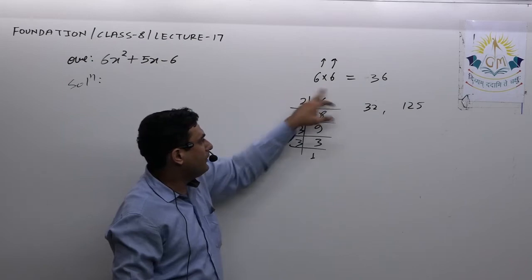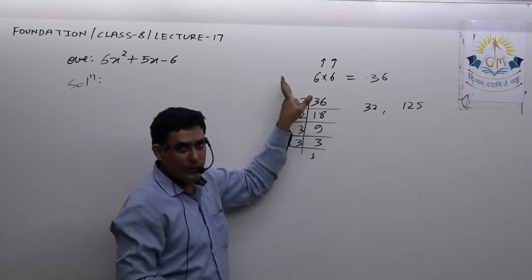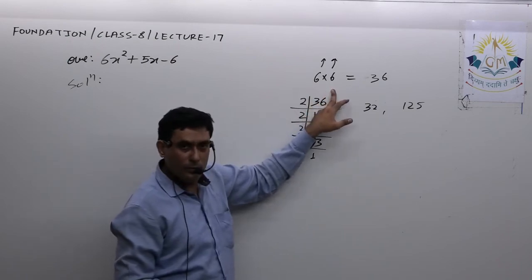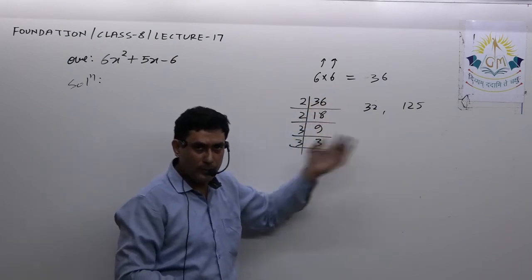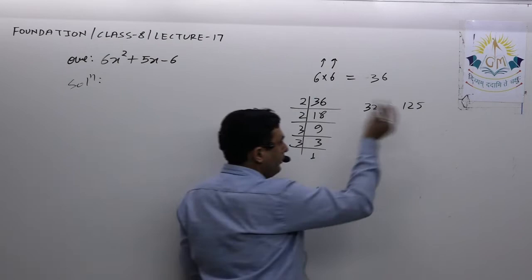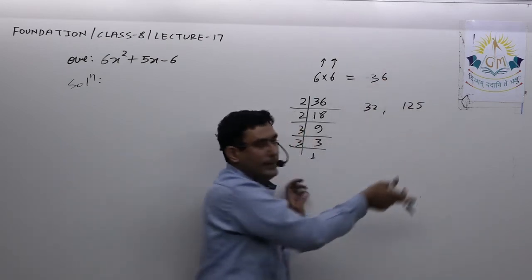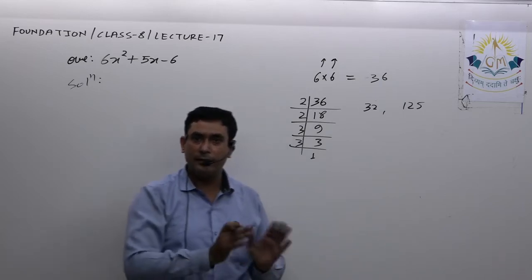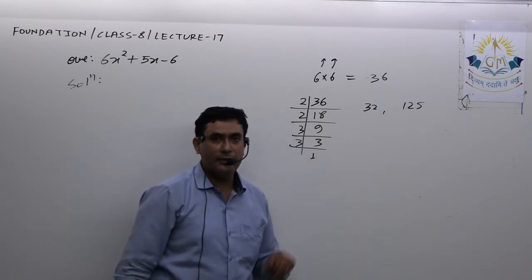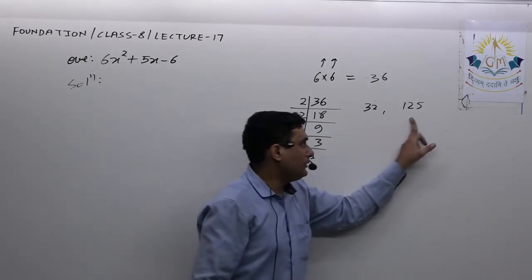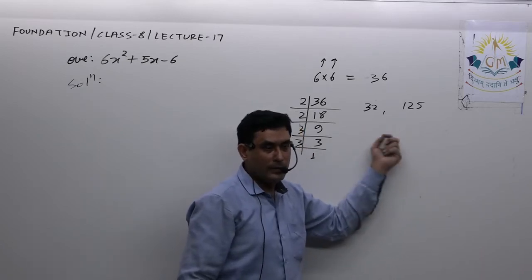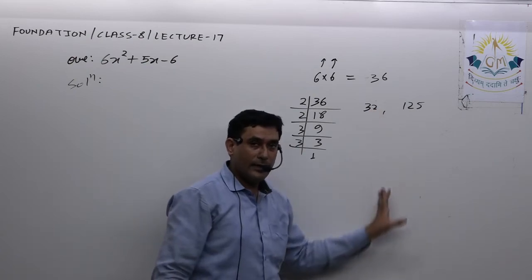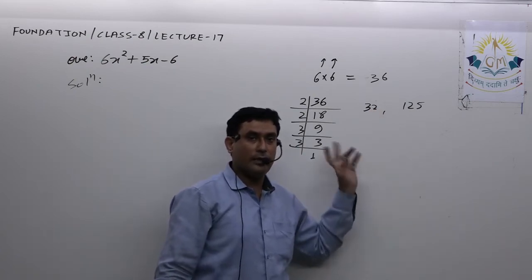And if I find the factors of these two separately, factors of 6 are 2 into 3. Here again 2 into 3. That means 2 times 2, 2 times 3. So now onwards, I won't multiply a and c. Rather, I find the factors of a and c separately, which definitely saves your time, because here first you consume the time in multiplication, then this will become a little bit larger quantity, and then it will again consume time to find the factors of that larger quantity.